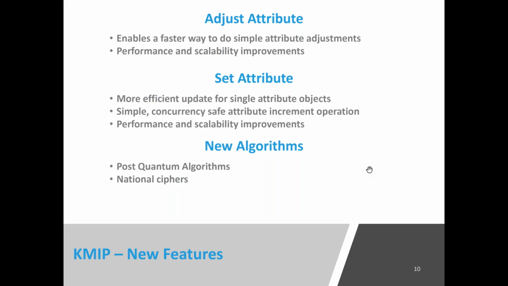Given that we don't know which algorithms are going to be vulnerable yet, we have a fairly reasonable suspicion, but nothing is proven. Rather than try and pick which algorithm is going to be safe, we have simply provided a framework by which a key management system can define, okay, these are the key types and algorithms that are at risk. I need to change from those to something else. So in doing that, we need to have those something else's available. So we're adding new